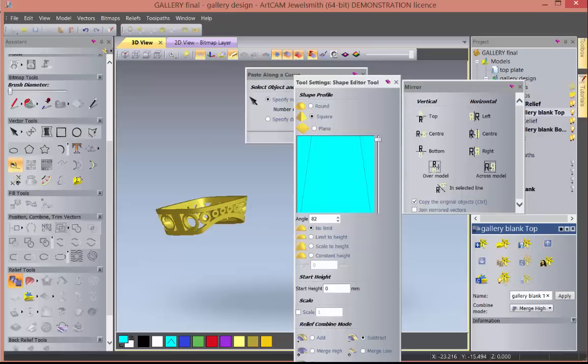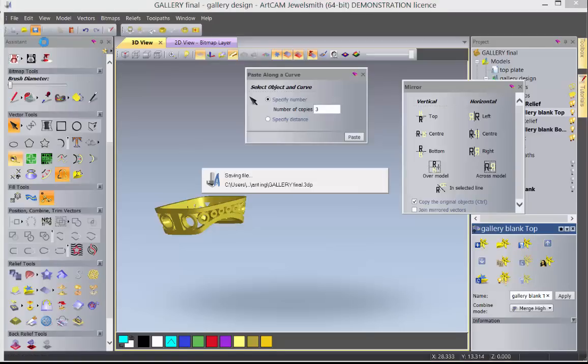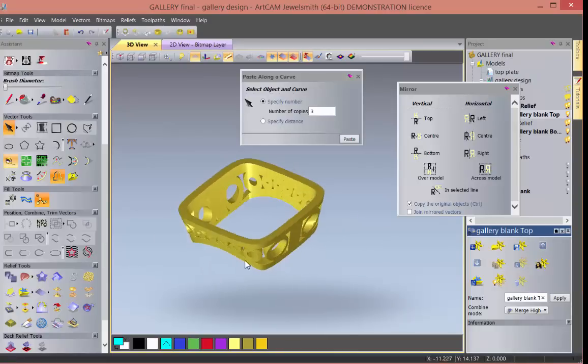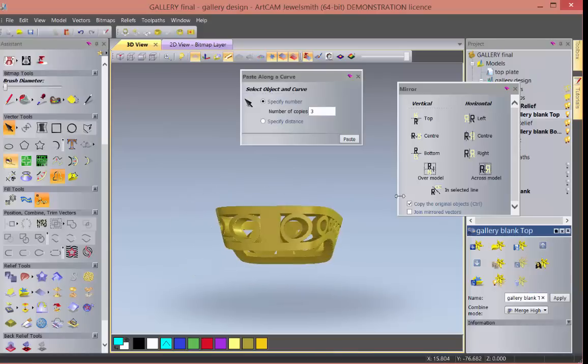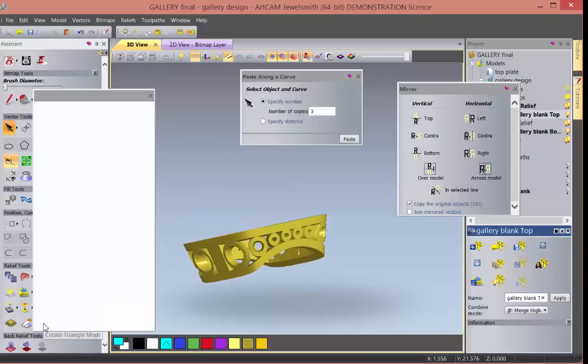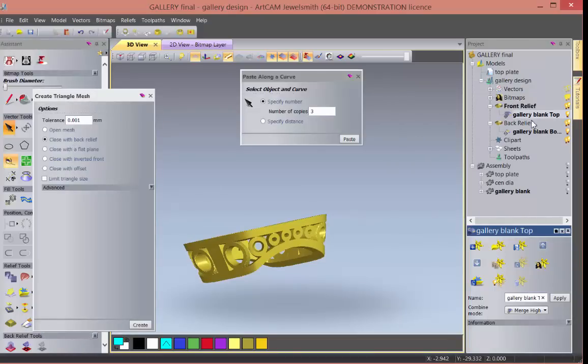Okay, so we're going to apply and cancel. And we're going to do a hard save. Alright, so we are now going to create a triangle mesh of this piece, because basically we are done. So we're going to create a triangle mesh. Okay, so we're going to create a mesh, and we're going to close it with a back relief, because we made a back relief. Remember, it imported the back relief. We didn't make one, but when we created a rotary from the original model, it created a back relief. So we need to make sure that it stitches both of these together. So close with the back,